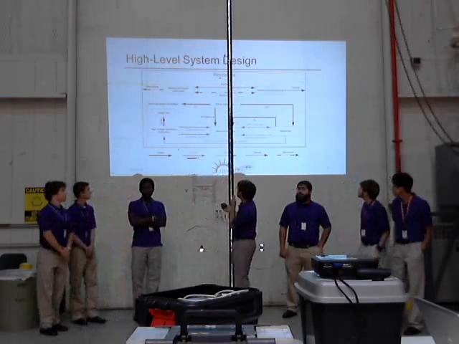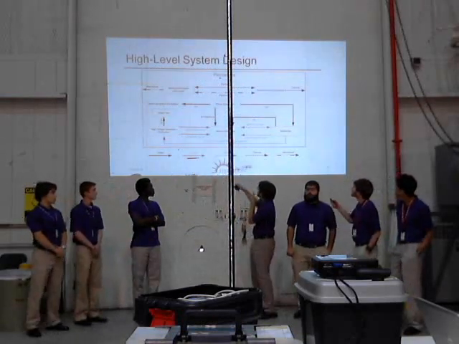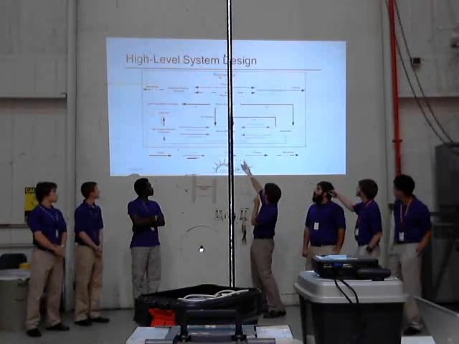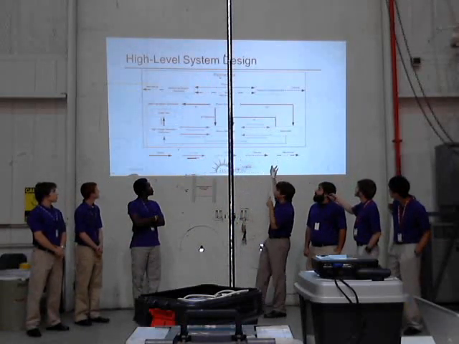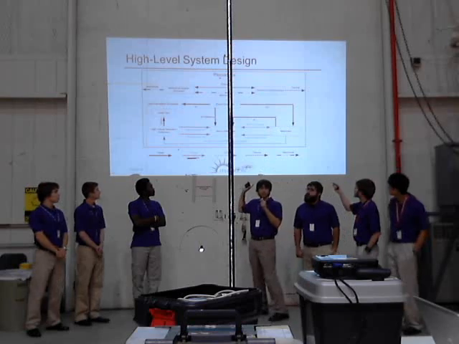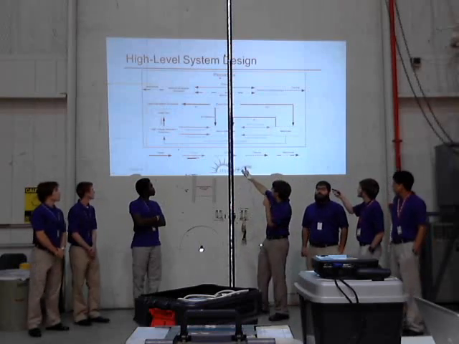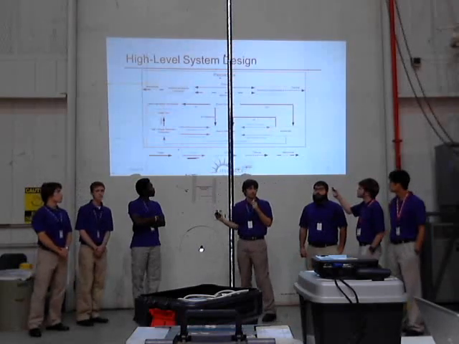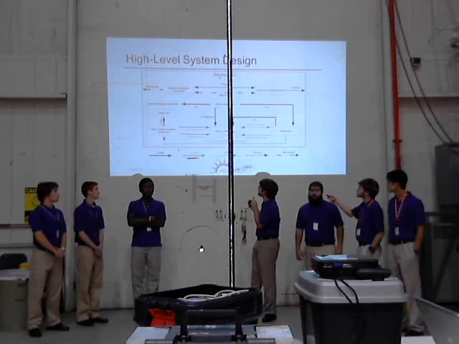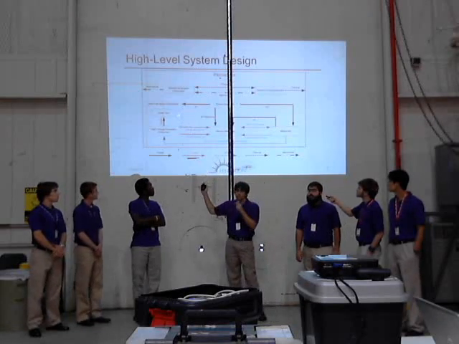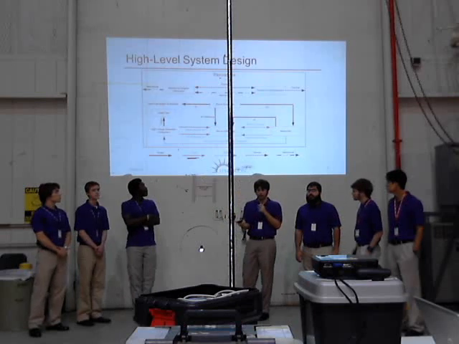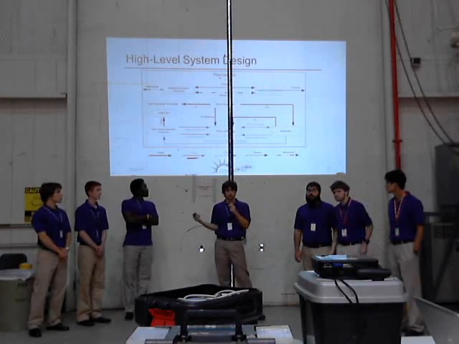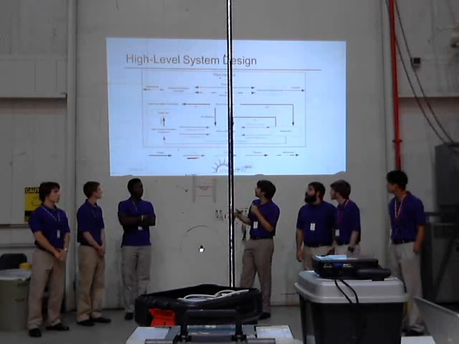So this is a high-level schematic of our payload. Basically, we have a power subsystem that's powering three major subsystems. We have the balloon stat, which features the basic stamp processing and ADC. We have a sensor subsystem, which is our pressure, temperature, humidity, voltage, current, things like that. And we have a spark generation subsystem, which is responsible for turning our raw battery voltage into high voltage and applying it across the spark gap.